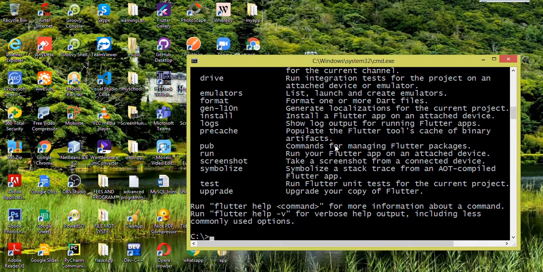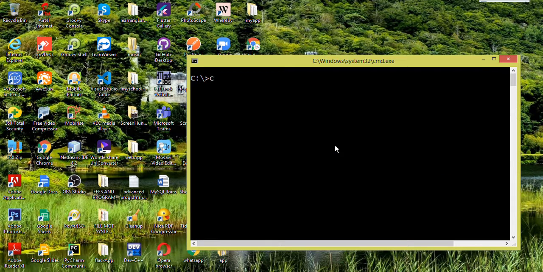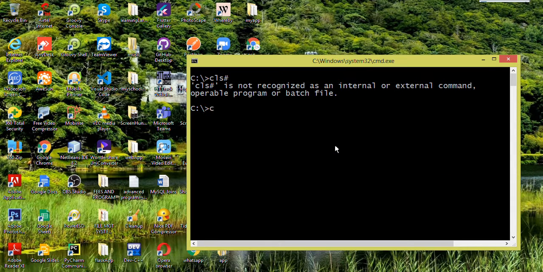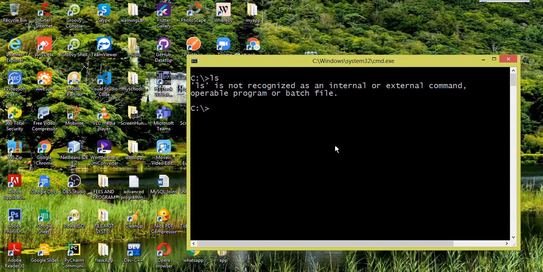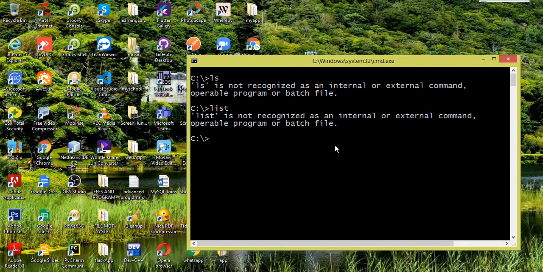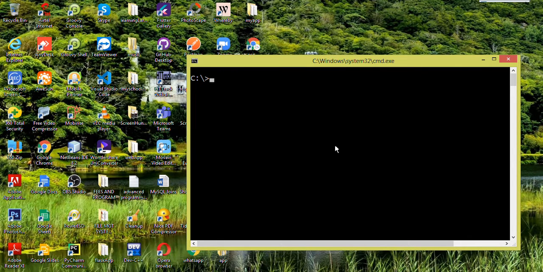Now for that reason, I'm just going to go back on here and break this down very well for you guys. To clear the screen, type CLS. CLS to clear the screen. Please don't type clear. Clear only works for those who are using Mac. If you're using Windows, type CLS. If you're using Mac, type LS to list the stuff within your CMD.